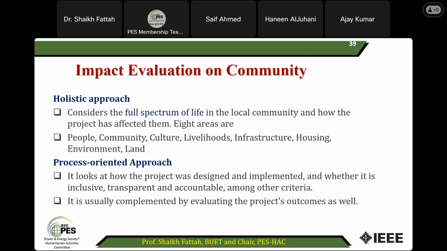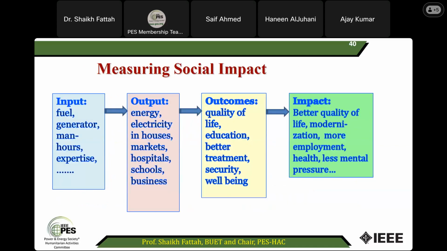So you have to have clear and transparent project or process orientation with your approach. Once you complete the project, people can easily analyze and find out the output of the project. These are actually very easy steps to understand. You are giving some effort, some input, that is producing the output.